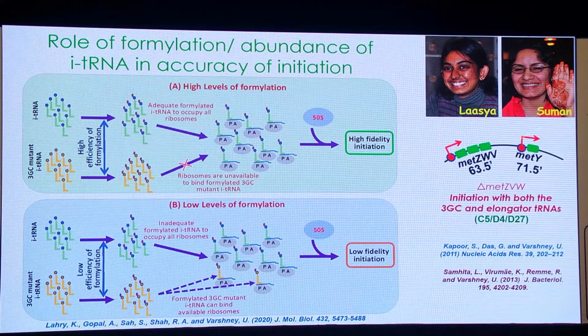And so the amount of the tRNA that we had was much less, and therefore 3GC could initiate. She could mimic the same situation by actually deleting this locus altogether, and showed that this particular strain will now initiate with the 3GC mutant tRNA, as well as a suppressor tRNA, regular suppressor tRNA, sup-E, will also initiate and